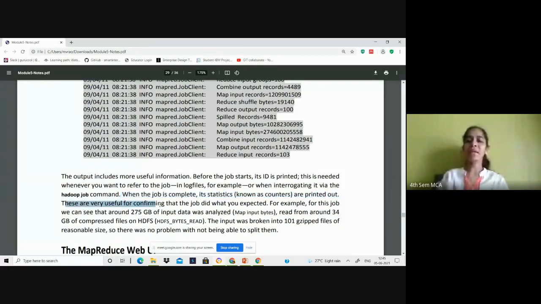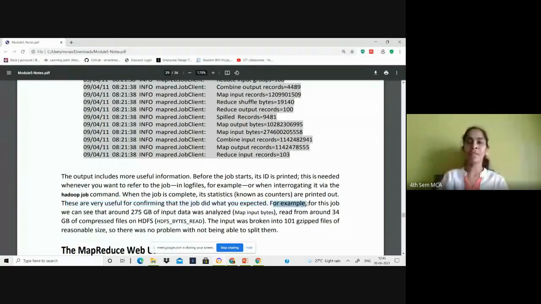These are very useful for confirming that the job did what you expected. Because jobs are executed at a larger scale, if you are able to monitor how much input is consumed and how much output is emitted, then it will give you confidence that it has executed according to your expectations.